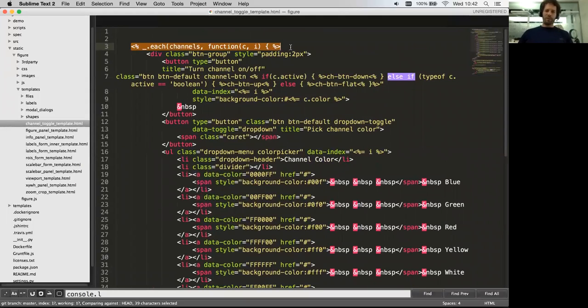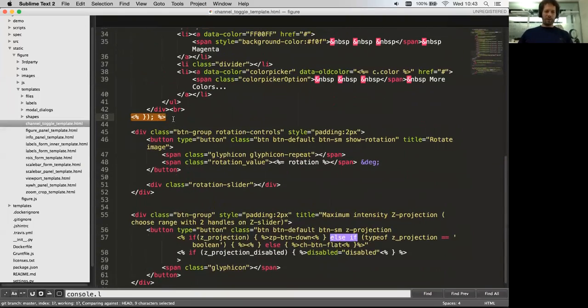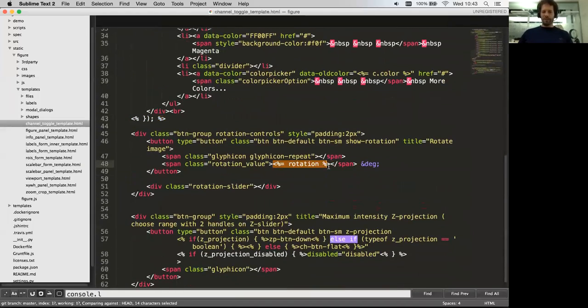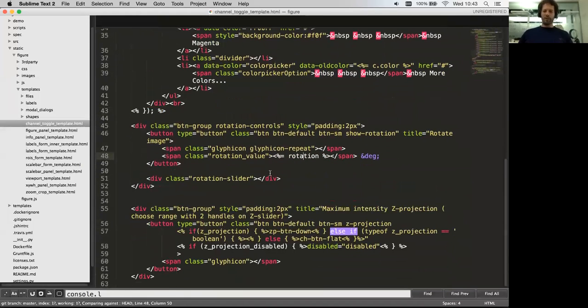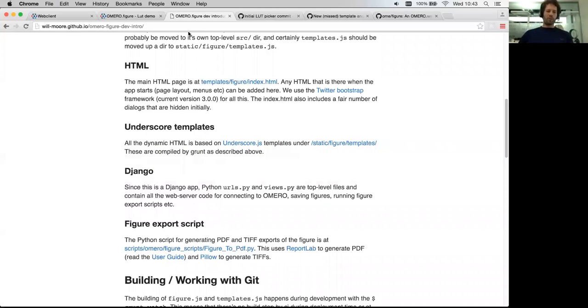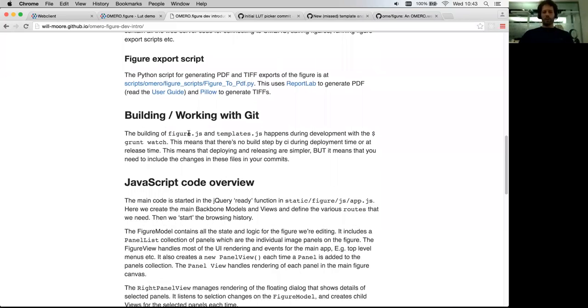So this is a loop. It's a slightly confusing mixture of JavaScript in with the template. So this is the end of that function, and then with variables in there like this. But anyway, you should mostly be able to understand this from existing examples like this. Okay, so those are all compiled, as I said, whenever you save. Yeah, because the figure JS and the templates are compiled each time,